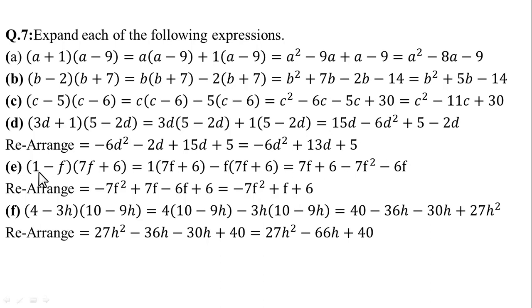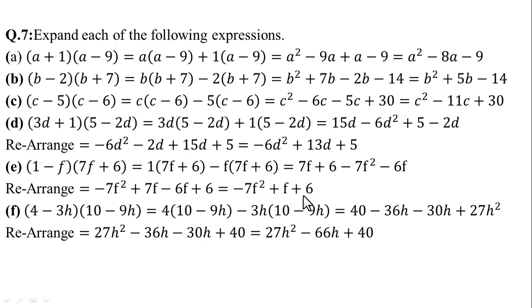In E part, (1 − f)(7f + 6). Now we have 1 into 7f + 6 minus f into 7f + 6. 1 multiplied by 7 is 7f + 6, minus 7f square minus 6f. After rearranging the terms, −7f square + 7f − 6f + 6 is equal to −7f square